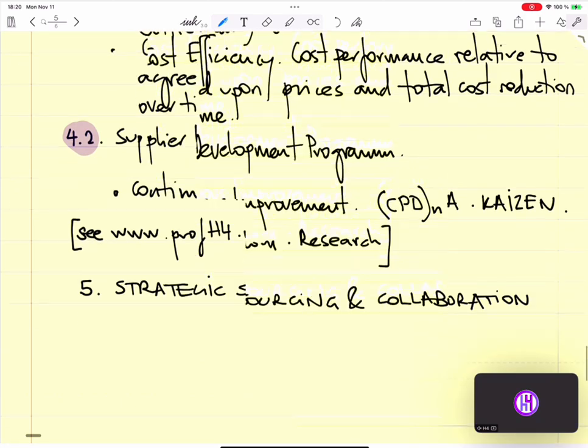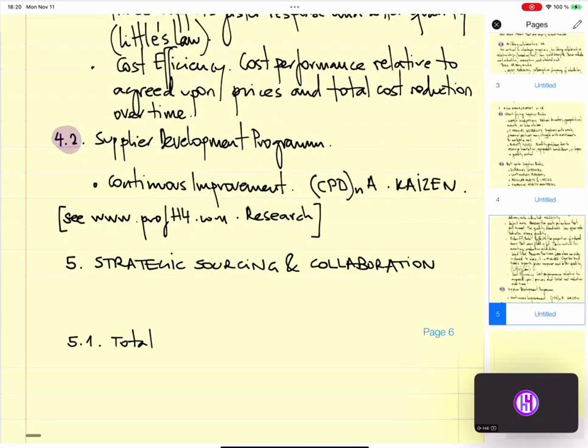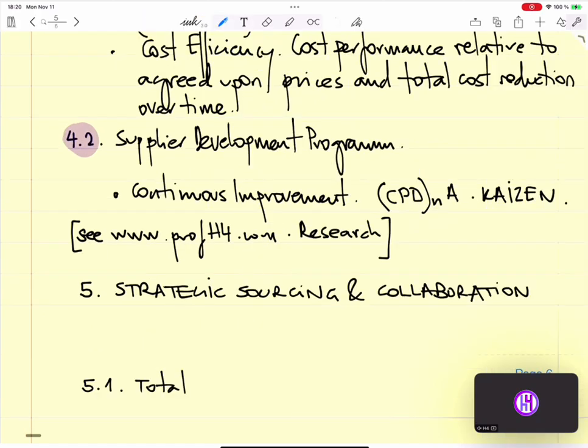So strategic sourcing involves certain things. For instance, the total cost of ownership, or TCO,